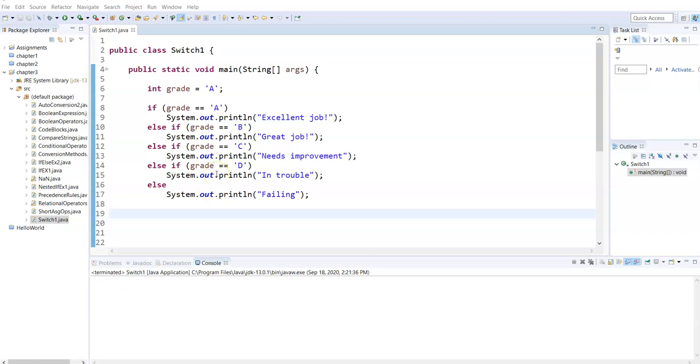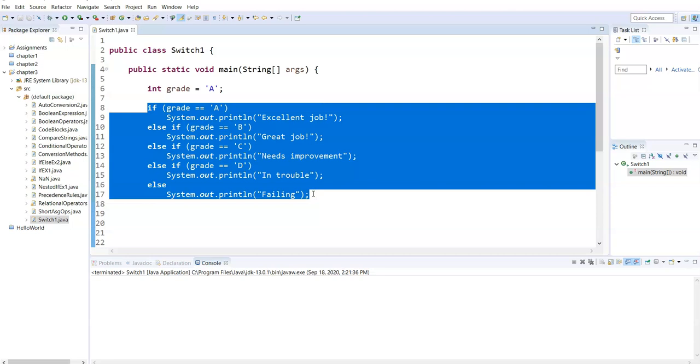Whenever we have a nested if-else statement where we are looking for a specific value, specific choices, and those choices are exact values, stored as exact values, which means they are numbers, whole numbers, or letters, which are characters, right? So it cannot be a float or double, because those are not stored exactly in memory. Whenever it's an exact value, then instead of using an if-else statement, we can actually use a switch.